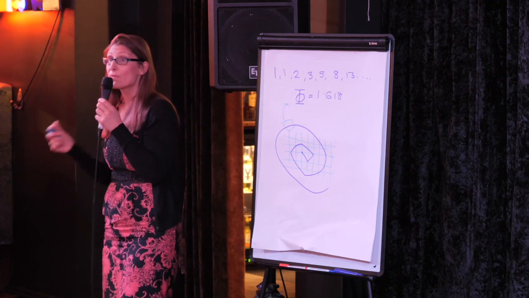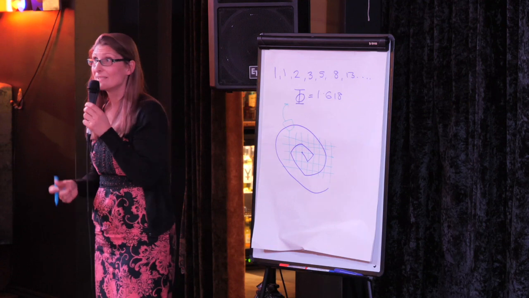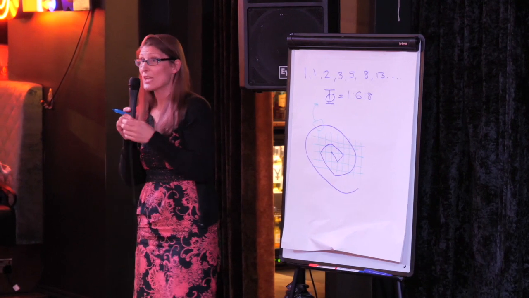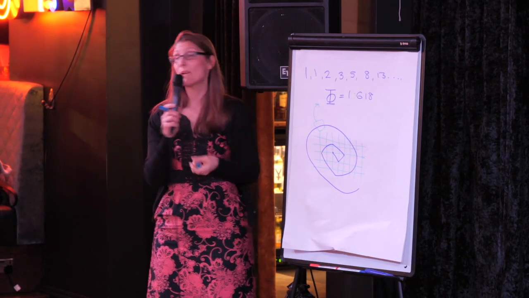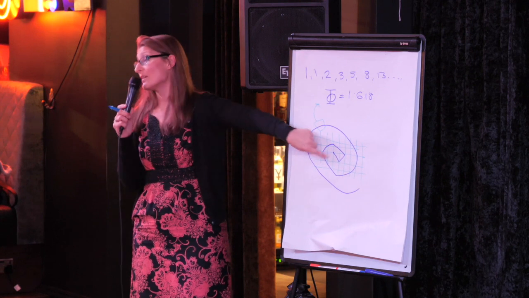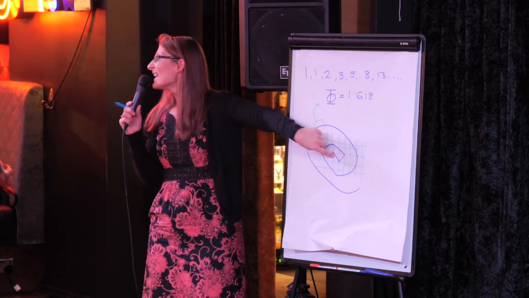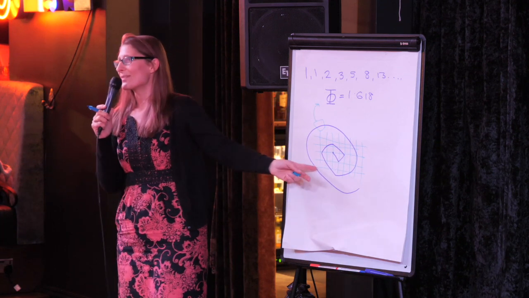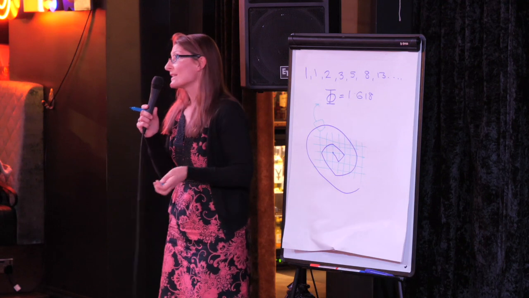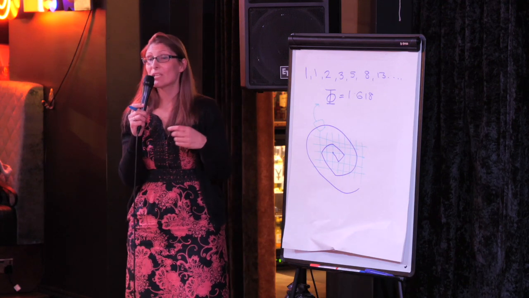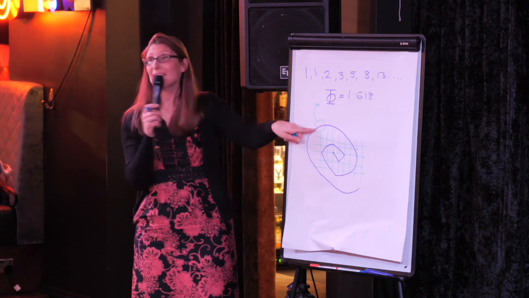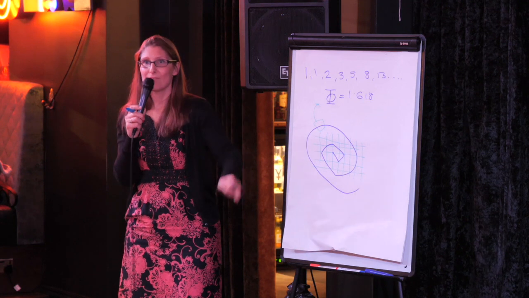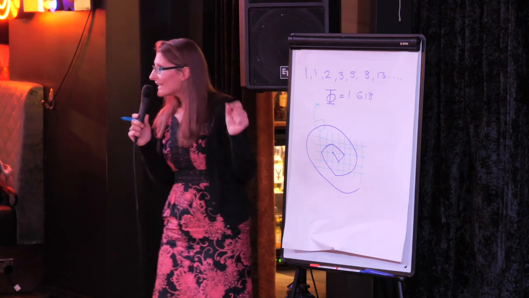Now, the same is true, of course, with food, with pesticides, which are synthetic chemicals that we're putting in the body. The same is true with GMOs, because with GMO you're taking the DNA, which has a perfect golden spiral, and you're changing it. So that doesn't really work for the body, I don't think. And the same is true of toiletries, cleaning products, anything that we breathe in. Because you're just replicating or using one tiny chemical again and again and again. And the body goes, oh, I don't know what that is, I don't know what to do with it, quick, get rid of it. So that, in essence, is the theory.